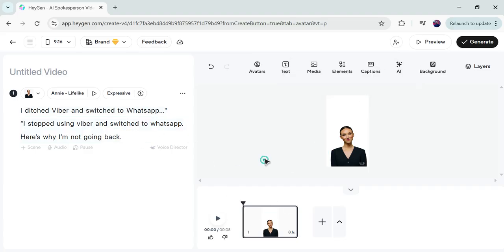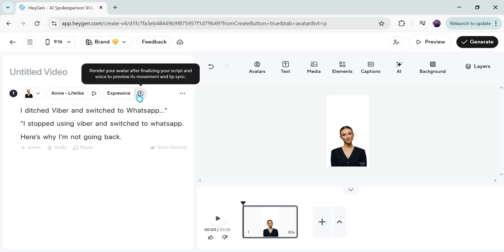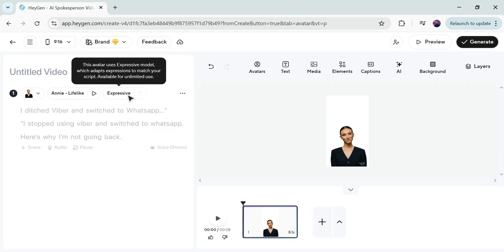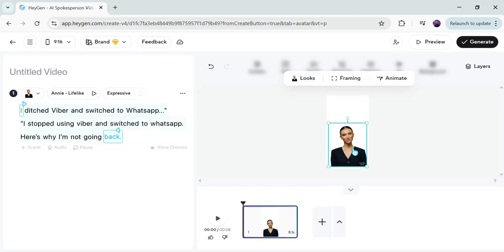Okay, let's go with the expressive mode. I have selected this one, and it will now add expressions, and it's available for unlimited use. After selecting this you will get your AI agent, a generated content style video with lip sync according to this script. That's how you can create your own UGC, or avatar speaking, or user generated content style videos for your product, for any kind of purpose you want to use.